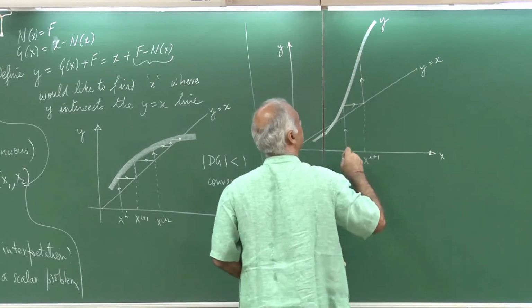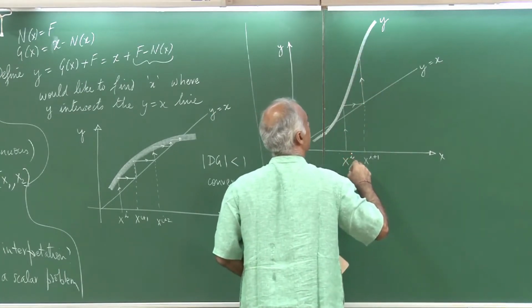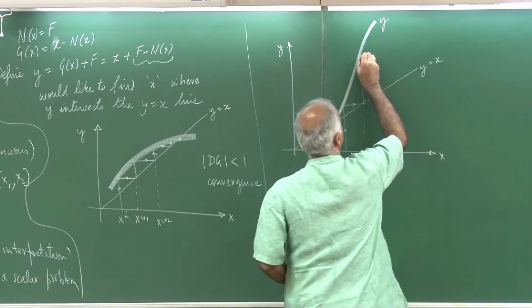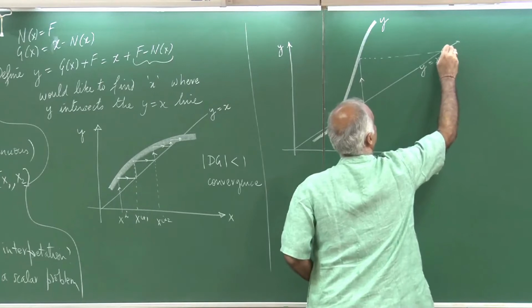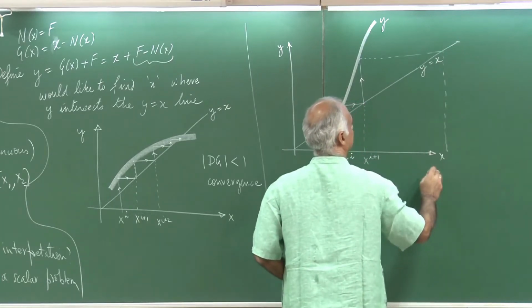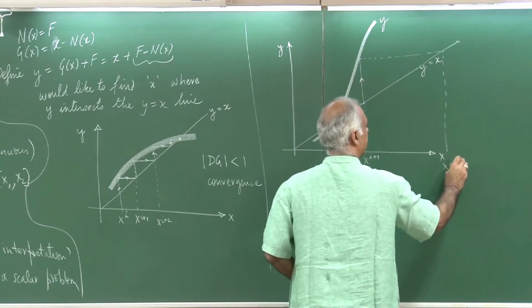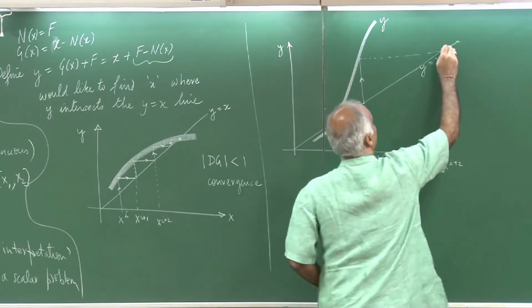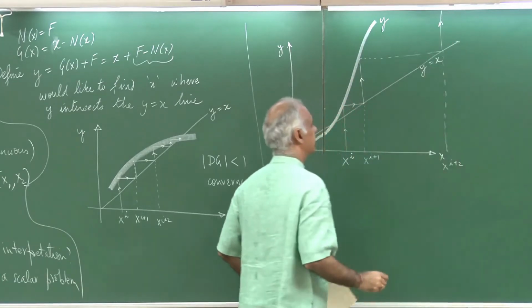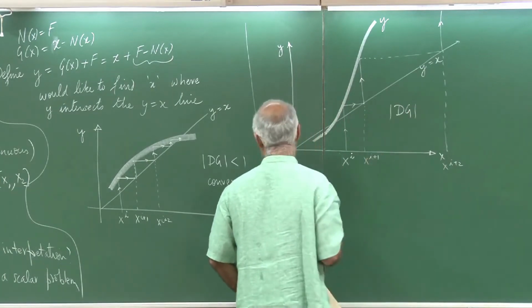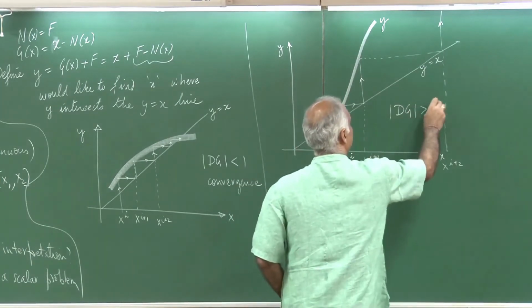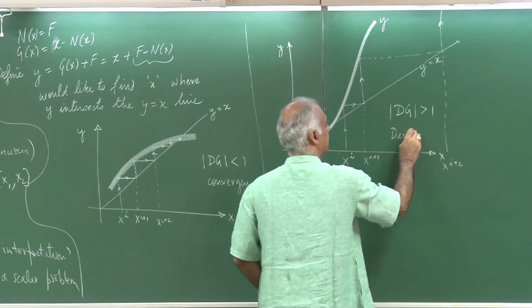So this is where we would go, and then if you draw a line here, this is where it would hit the line again, and this would be xi plus 2, and you can see you will diverge. So this one, the slope is actually greater than 1, and this one